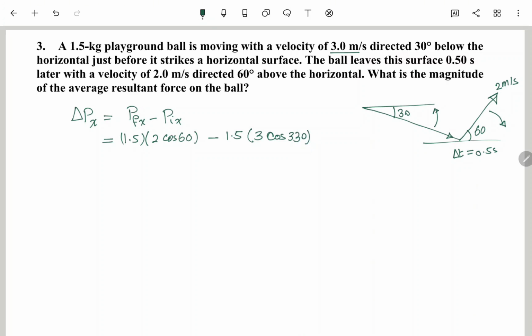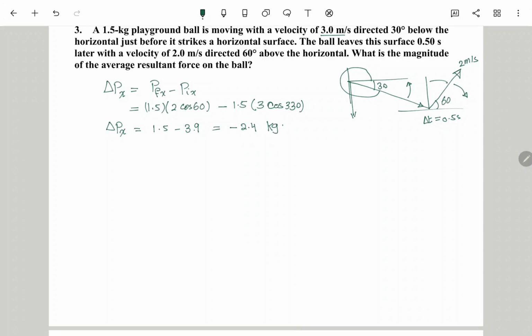And remember, the angle is measured from the positive x-axis counterclockwise, so we have to measure the angle like this. It's 330, and in this case delta px, the change in momentum at x, equals 1.5 minus 3.9, or after all it's equal to minus 2.4